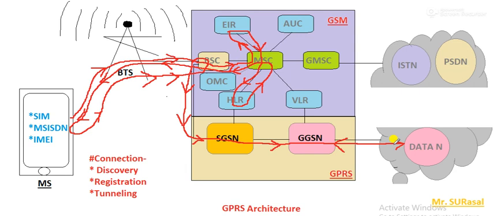So this is how the internet works in GPRS. Now remember one more thing. If you consider any example, let's say there is